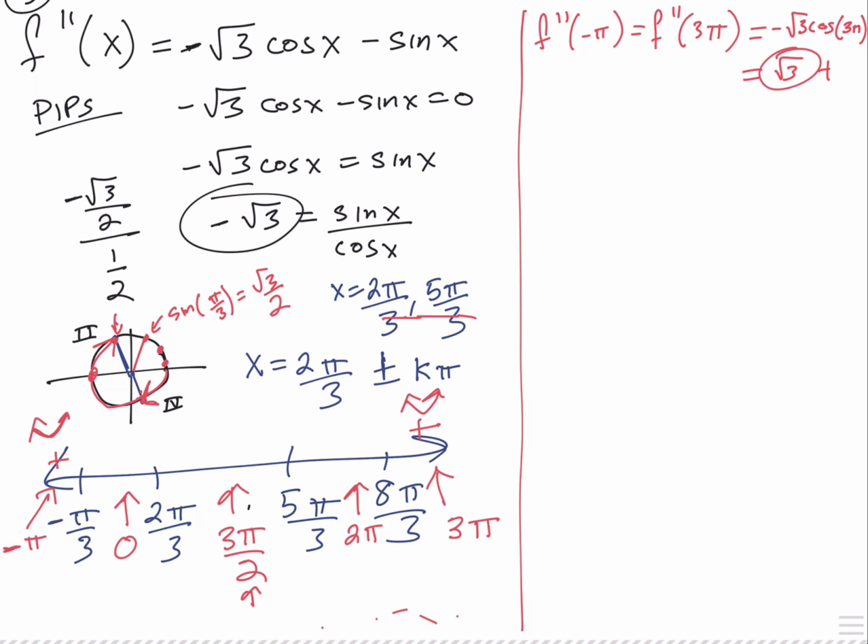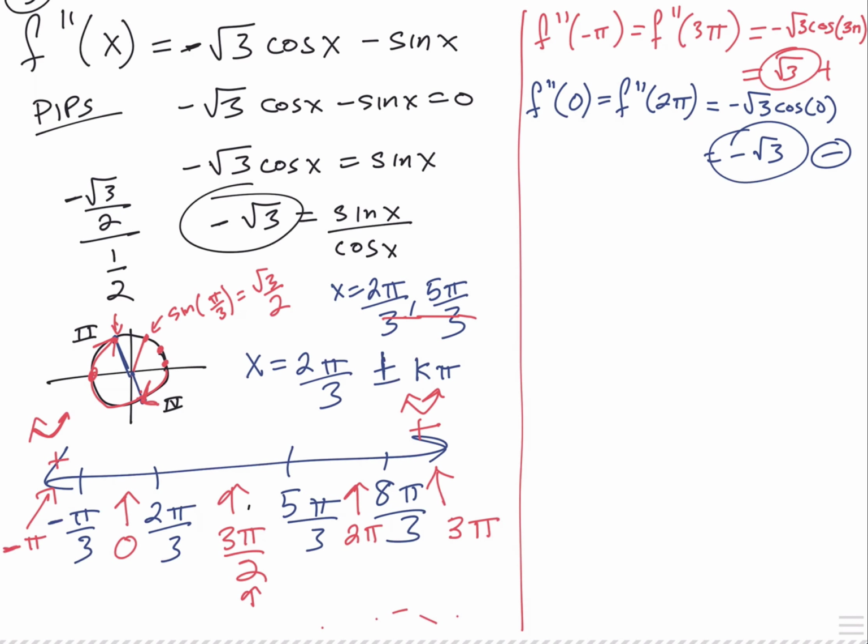And then what about 0 and 2 pi? That's the same, right? Those are both going to be the same. So what is that? Minus root 3 times cosine of 0, which is minus root 3. Notice I'm not even writing sine down. Why not? Because sine of 0 or 2 pi or minus pi or 3 pi is always going to be 0, right? So that's why I didn't write it. It's not because it shouldn't be there. I'm just short on space, so I didn't put it in there. Okay, so it's going to be minus, minus, so it's going to be concave down,